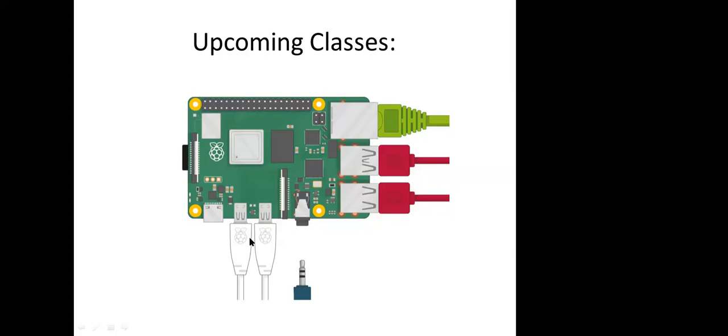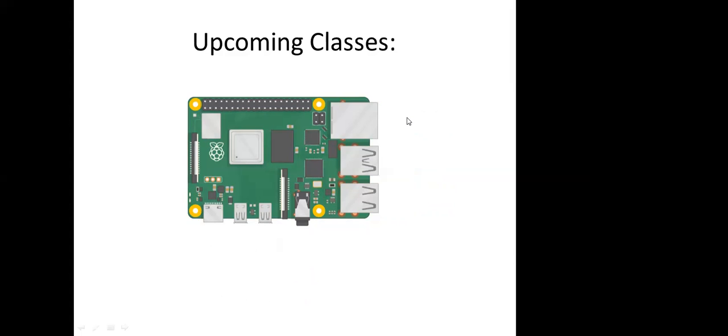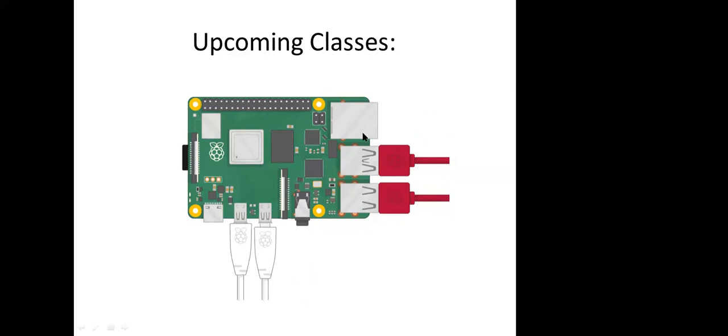If you want, you can connect one or two monitors, and from here the power supply, and this is the 3.5 mm audio jack, and from here Ethernet for internet, either you use Wi-Fi mode, it is there, and if you want, the Ethernet cable is also there, and from here the power supply is there actually. So we'll be taking these classes in future, and I'll let you know when the scheduling is done,